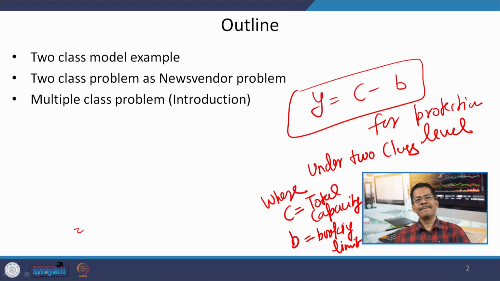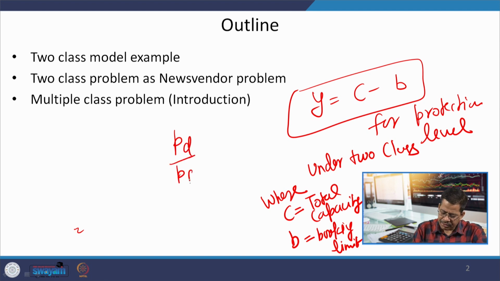We also discussed the use of the decision tree approach for determining the B, so that we can minimize the issues of spoilage and dilution. And then we finally discussed the Littlewood rule, and saw that it is very convenient for us to decide this booking limit with the ratio of discounted fare and full fare. So, basically PD and PF, discounted fare and full fare, become a key for deciding the booking limits. And we discussed two extreme cases.